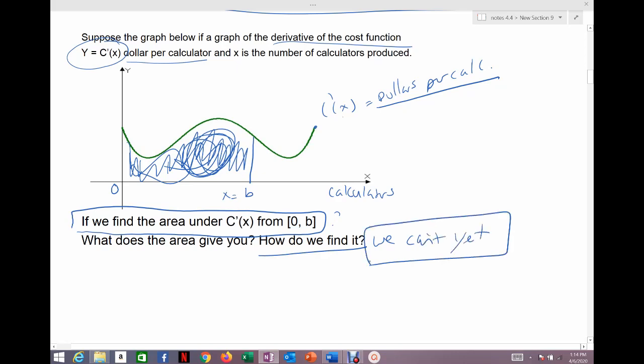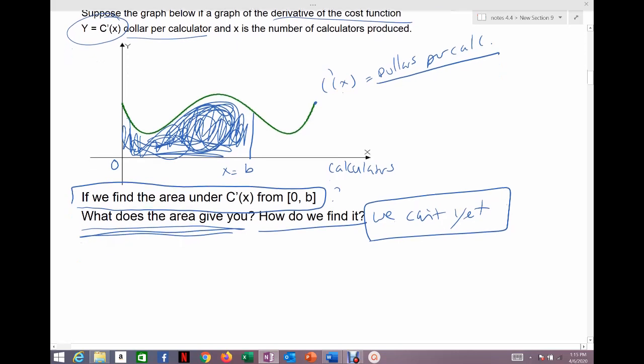That's what we're going to go through and discover the theory behind: how do we find that? And then there will be a process using integration and antiderivatives that will allow us to find that area. At the very least, though, you should be able to determine why we would want to find the area. What is the area telling me? This is the cost in dollars per calculator produced, so b would represent the number of calculators produced. And so if I find the area